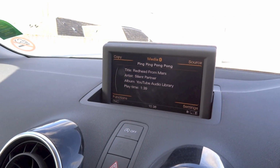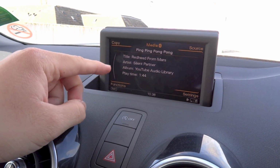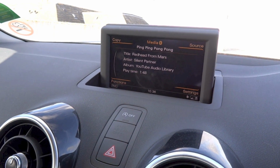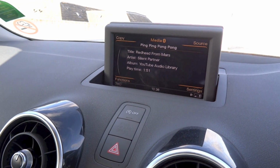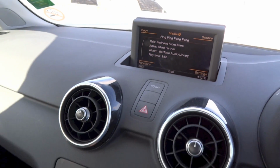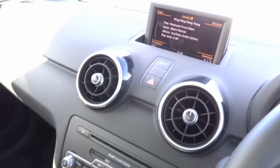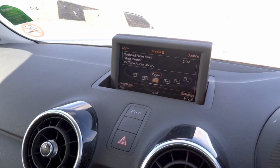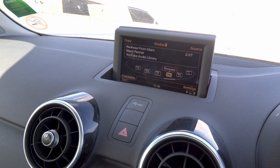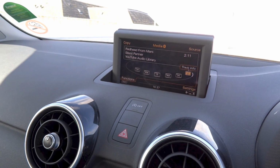We are currently in your main Bluetooth audio streaming menu with your current song playing information. You can see the title, artist, album, and elapsed time for the song. If you want to go to copy, hit the top left button. For functions, hit the bottom left button. Under functions, you can play, pause, rewind, fast forward, go forward a song, go back a song, bring up your track information,